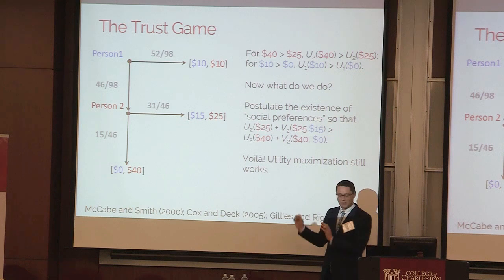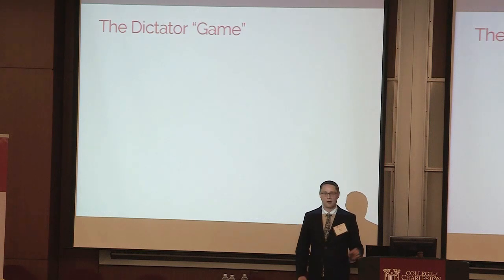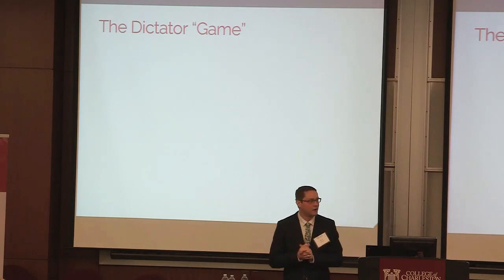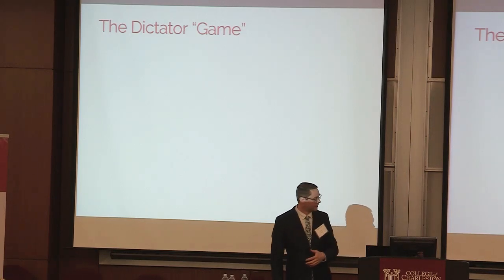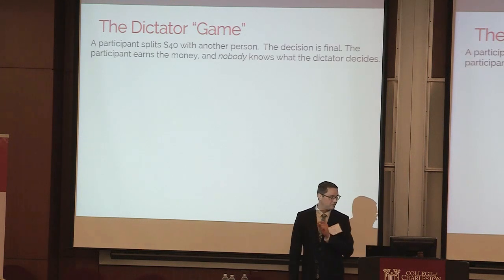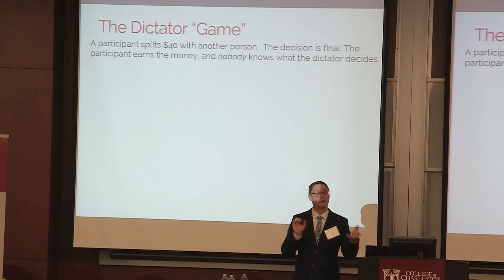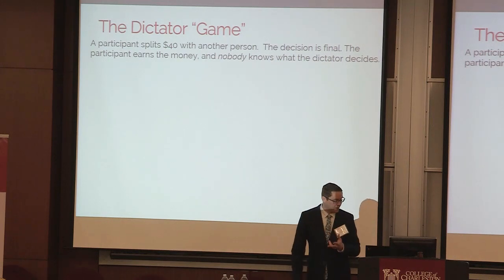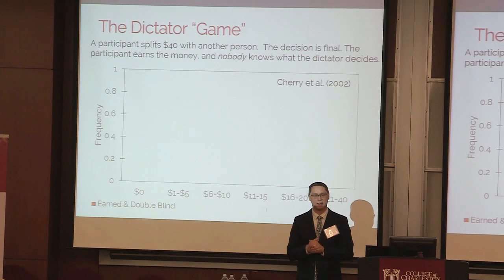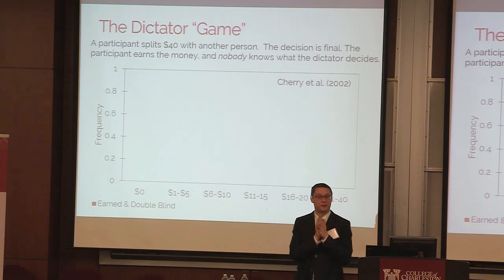At the same time, when people were looking at these results, there was another game. What about what's called the dictator game? I put game in quotation marks because it's kind of an odd and bizarre game, because only one person does something, and what they do is final. In the dictator game, a participant is splitting $40 with another person. Now it's just like what person 2 is doing, splitting $40 with another person. The decision is final. The participant earns the right to make this decision. They take a series of GMAT questions, and the ones who score the highest get to split $40.